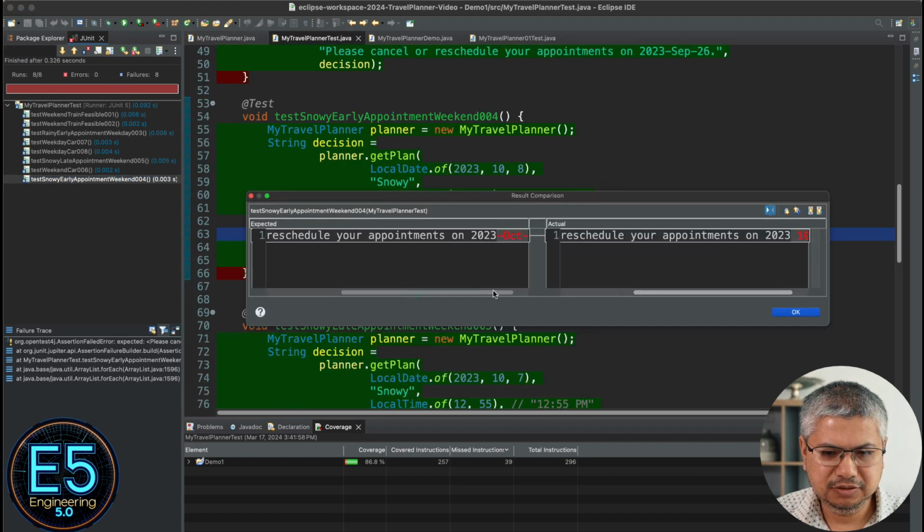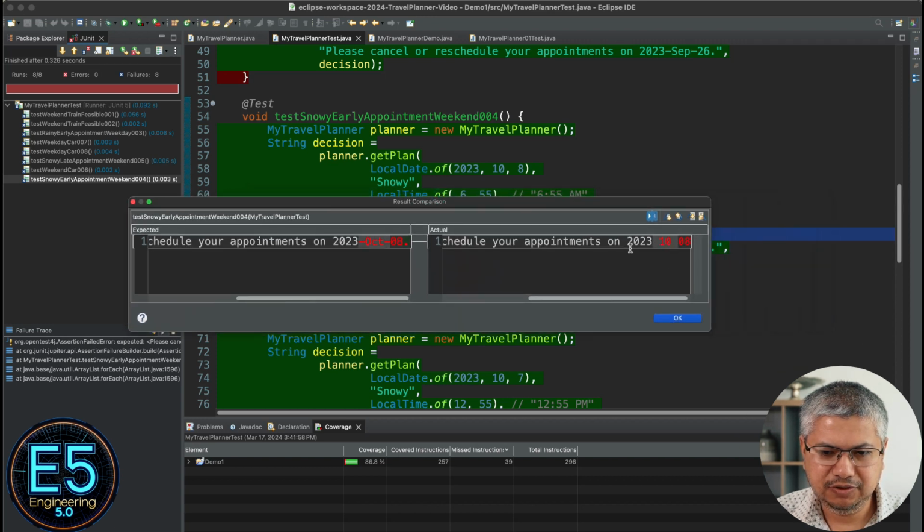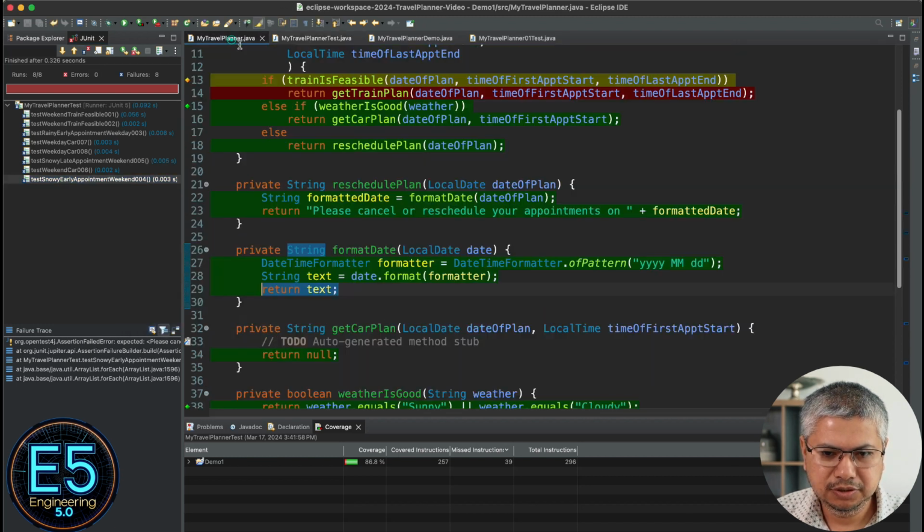"Please cancel or reschedule appointments" — it's just that the formatting is now not exactly the same. We needed October-08, we got 10-08. So over here, to change the formatting, we could first change this